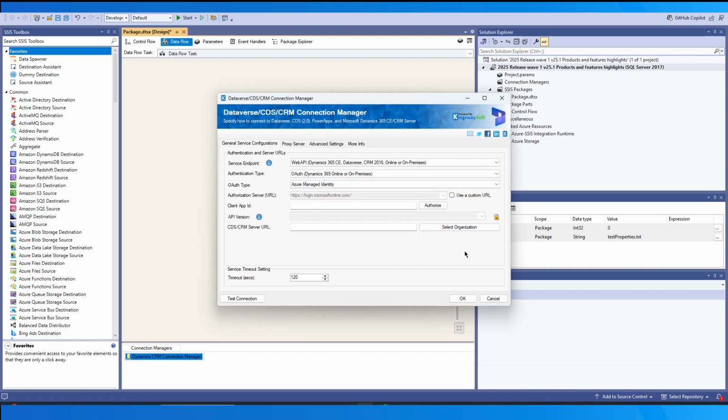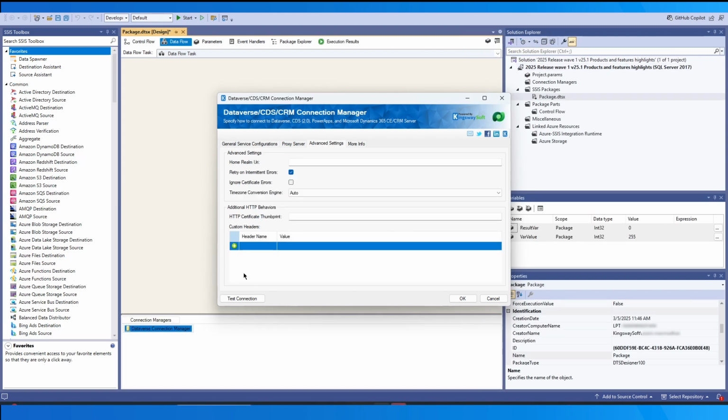Managed Identities for Azure resources provide services and applications with an automatically managed identity in Microsoft Entra ID. You can use this identity to authenticate to any service that supports Microsoft Entra authentication without having credentials in your code. In short, managed identities eliminate the need for developers to manage these credentials. And using this, the CRM Connection Manager can obtain Microsoft Entra tokens without having to manage any credentials. The prerequisites and steps recommended by Microsoft involve creating a managed identity in Azure, authorizing it, and using it in a service, which is similar in comparison to other OAuth types.